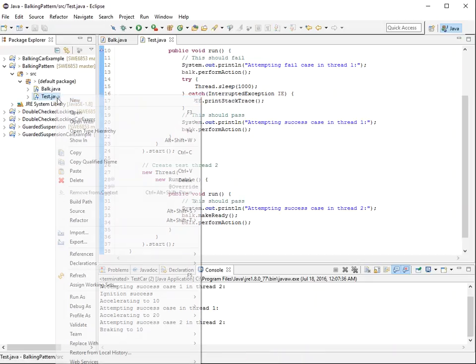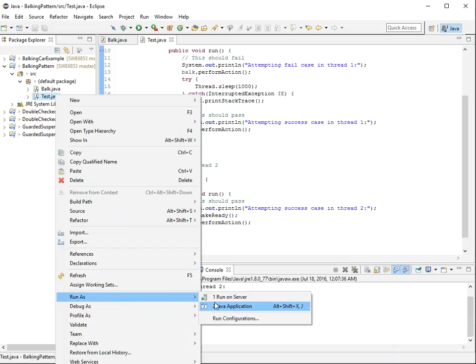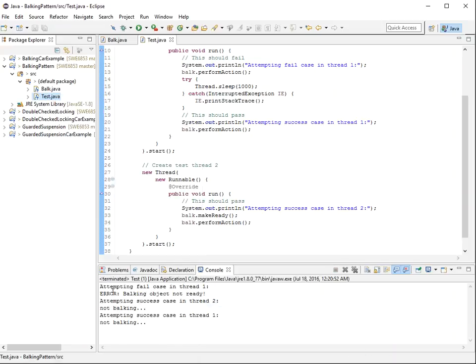So let's go ahead and start this and see how it runs. Alright, looks like case number 1, thread 1 failed correctly, that's what we expected. Thread number 2, success case, worked, it's not balking, and the second attempt in thread number 1 also worked, not balking. Okay, well, that's what we expected. Alright,